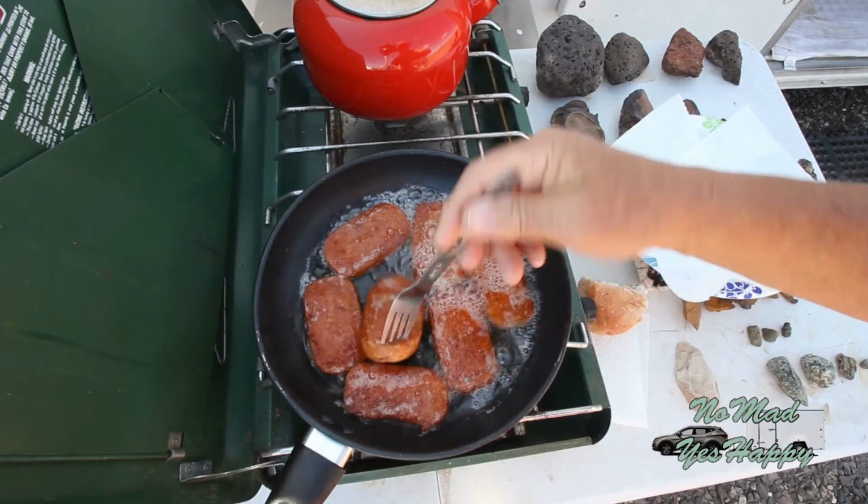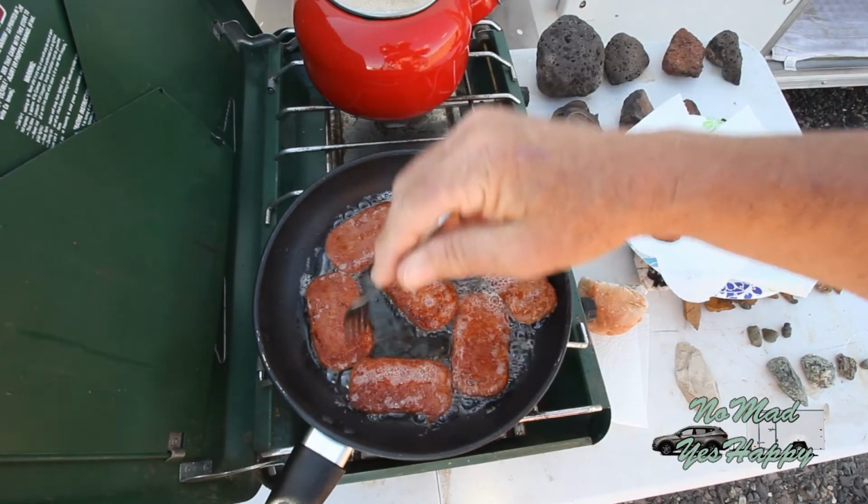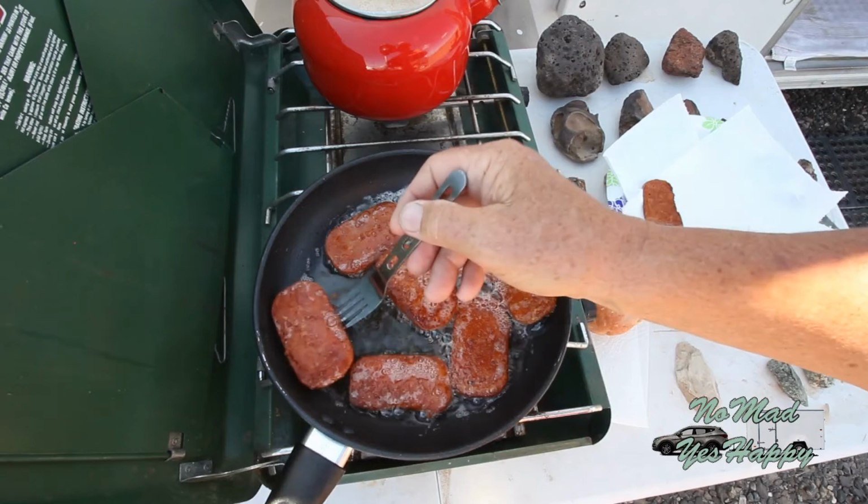I'm going to get rid of this pan and get an iron skillet. I mean, Teflon is nice for some things, cooking eggs and that kind of stuff. But